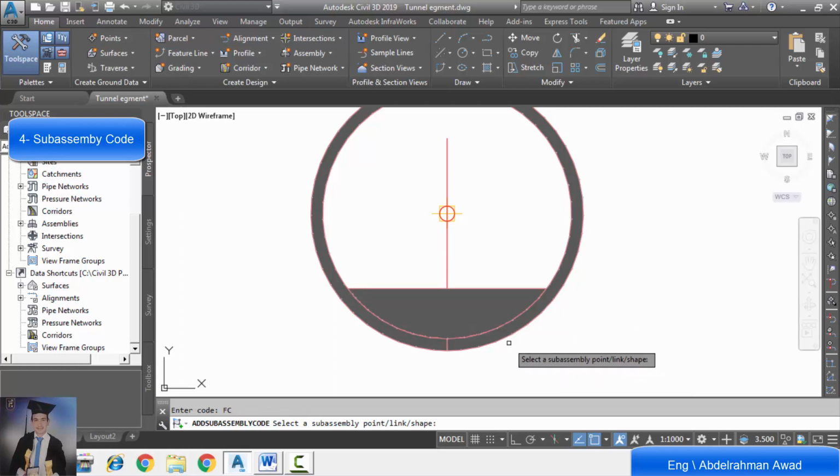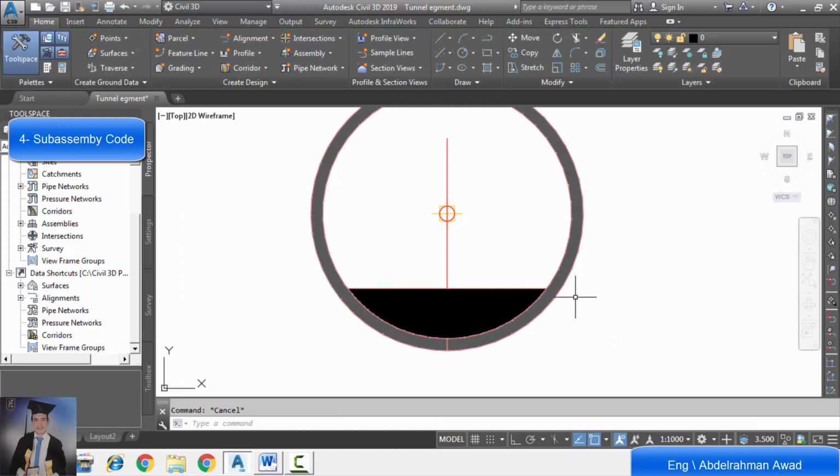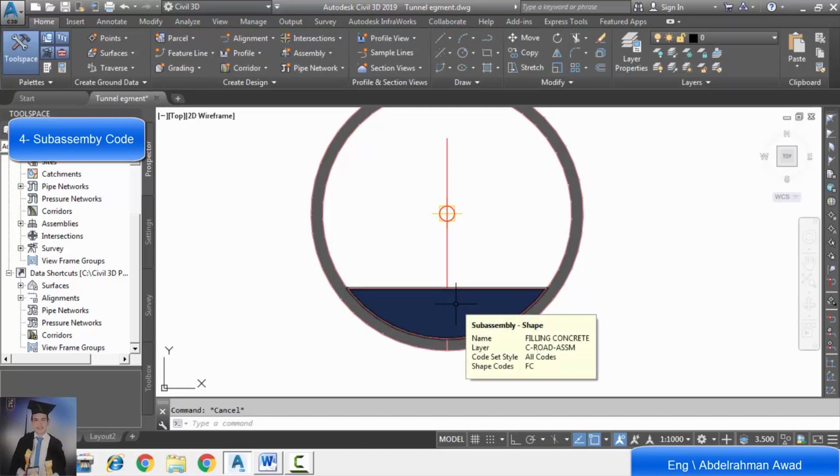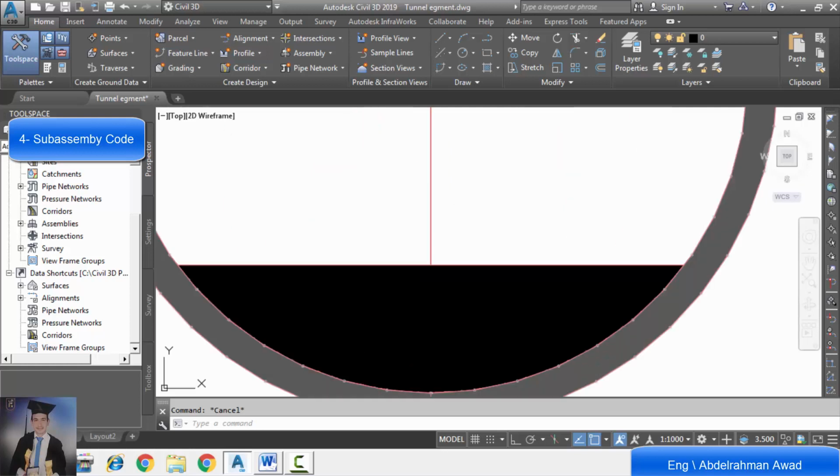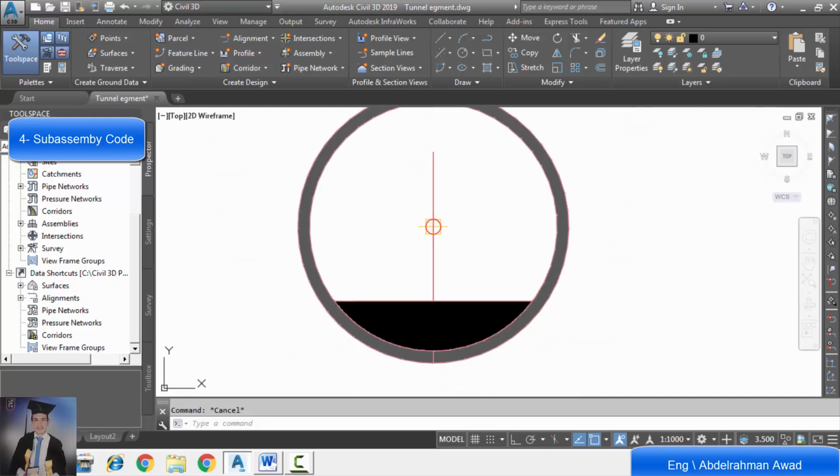Enter, and we will select sub-assembly shape. When the color is changed to darker, the code is done. We can make sure that the code is assigned to sub-assembly when the color is turned to darker. So we make a code for filling concrete.